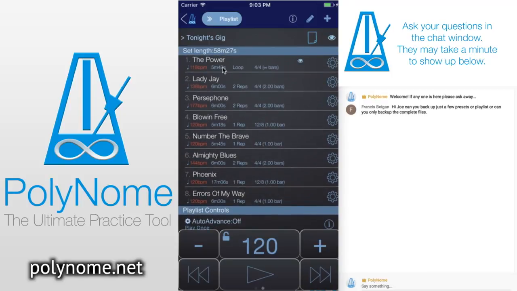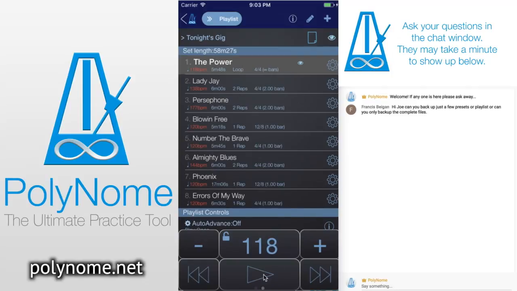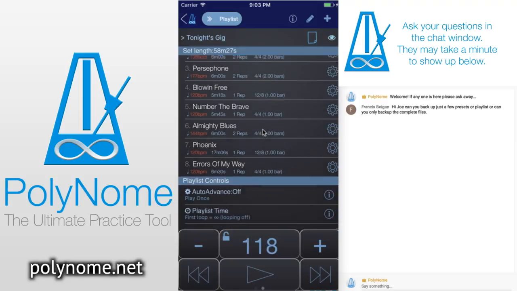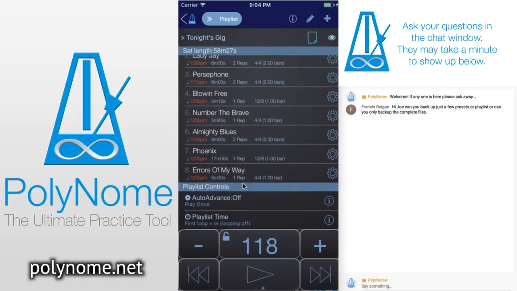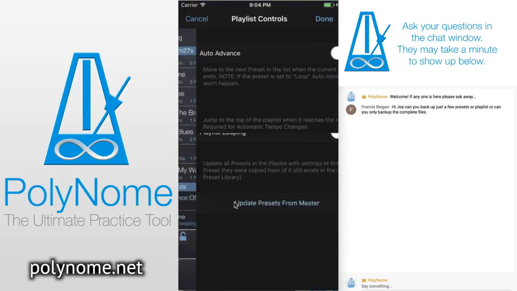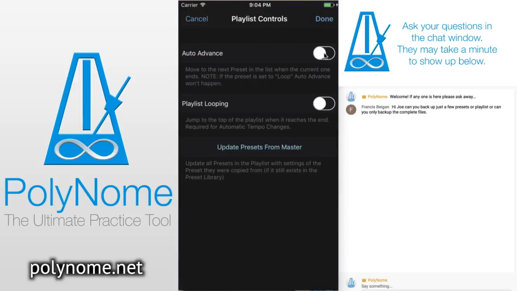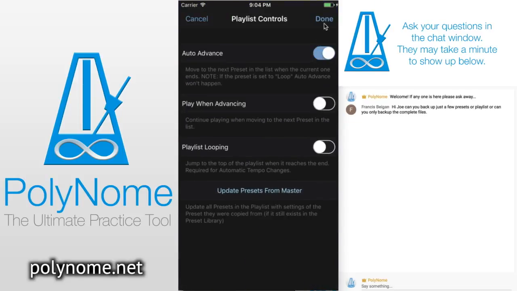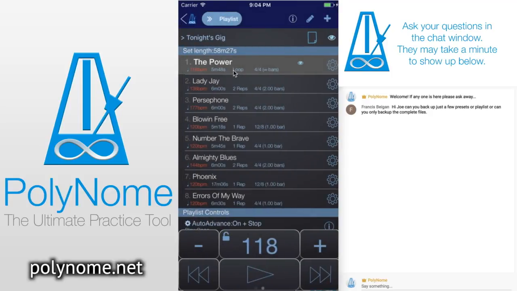Some of these are set to loop because I want them to play a click through the whole song. Some of them are set to 2 reps for a count off. What I'm going to do at the bottom in playlist controls is tap this row. I'm going to turn on auto advance. And what that means is that when this preset runs out, so for example, this one that's 2 reps, when that runs out, it's going to auto advance to the next item in the list, but it won't play it, it will just wait. So when I hit play here,